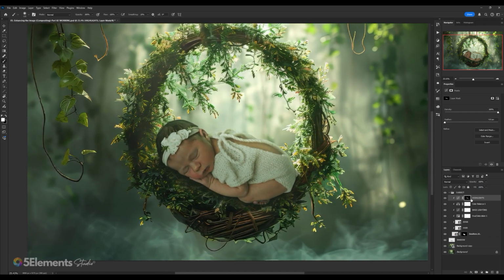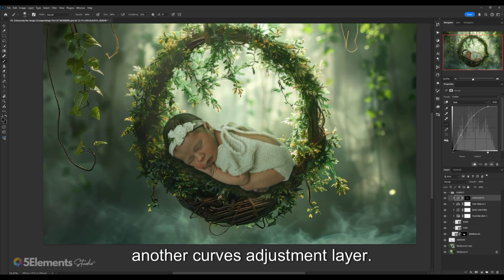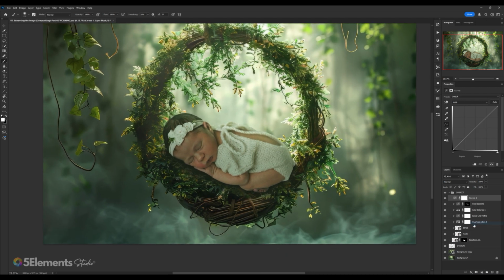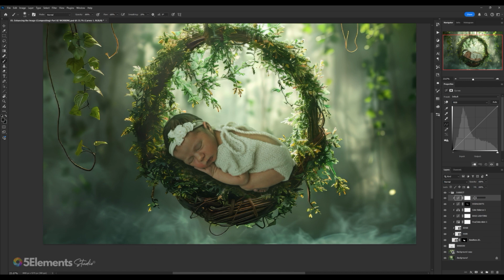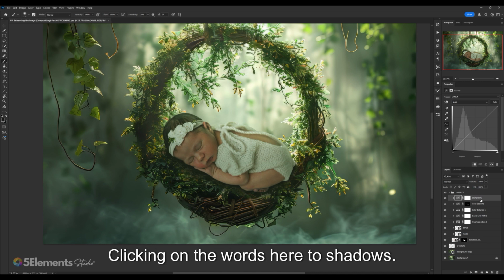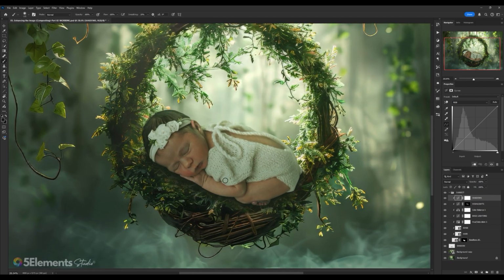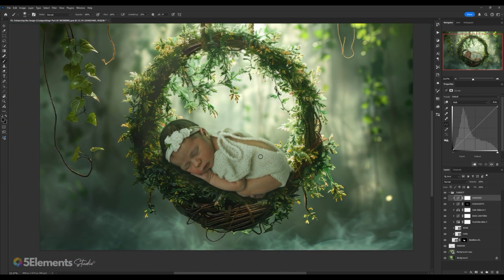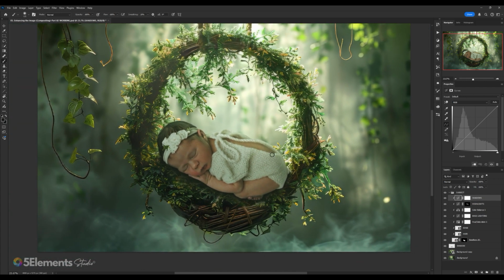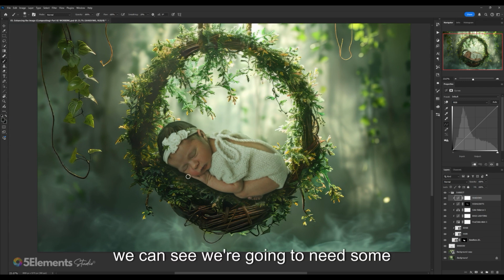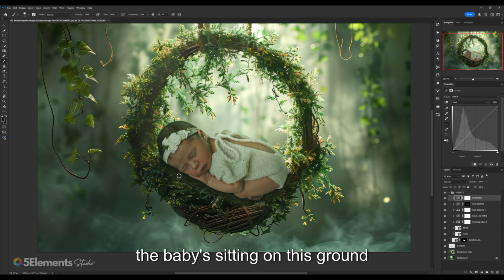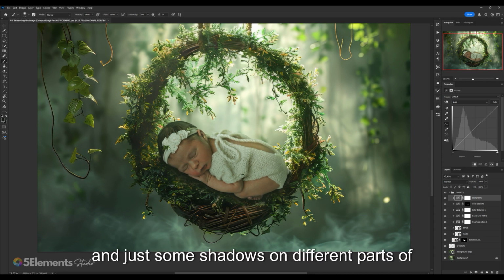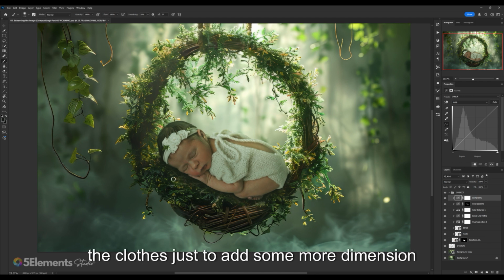So once we've done that, we're going to add another curves adjustment layer. I'm going to clip it above the highlights, and we're going to rename that by double-clicking on the words here to shadows. So now what we're going to do is add the shadows to the subject. We're going to need some slight shadows around the edge here where the baby's sitting on this ground, and just some shadows on different parts of the clothes just to add some more dimension, similar to